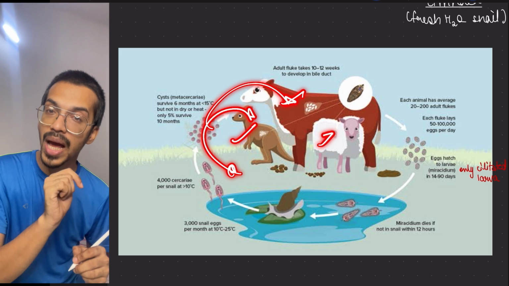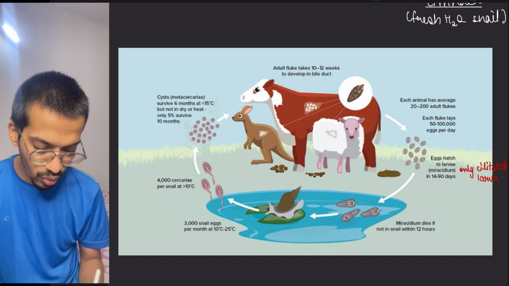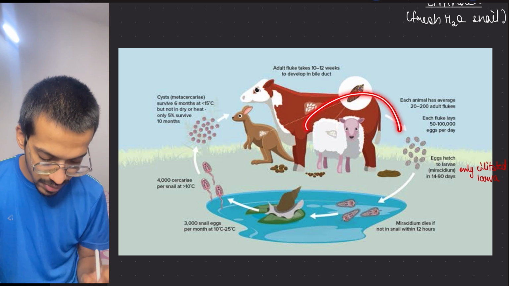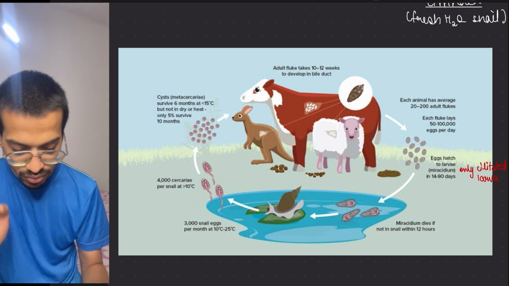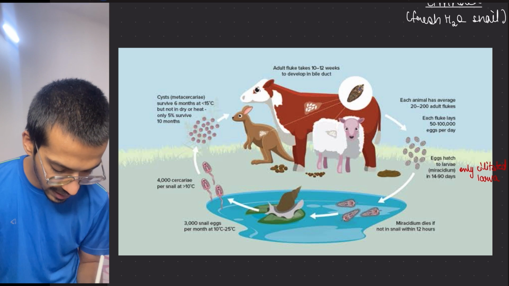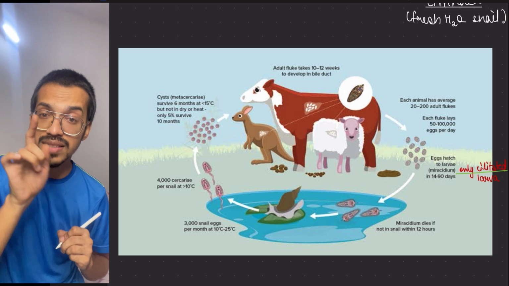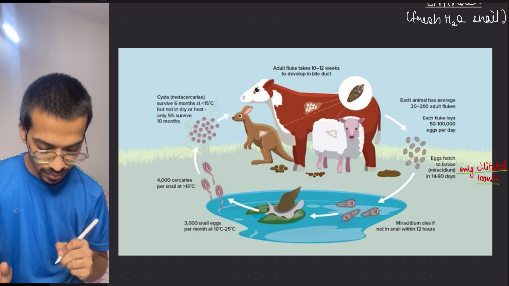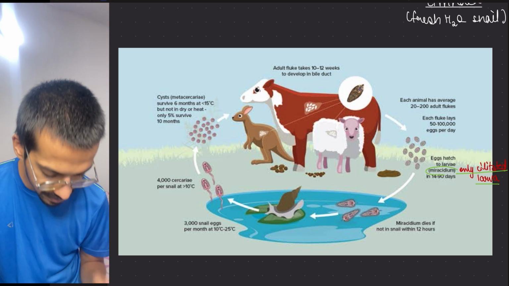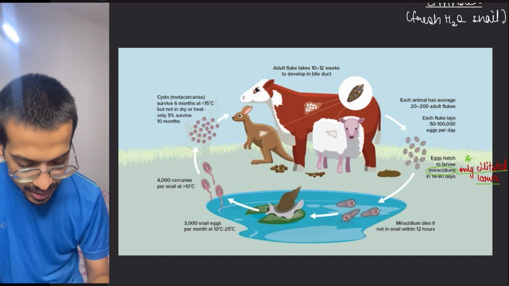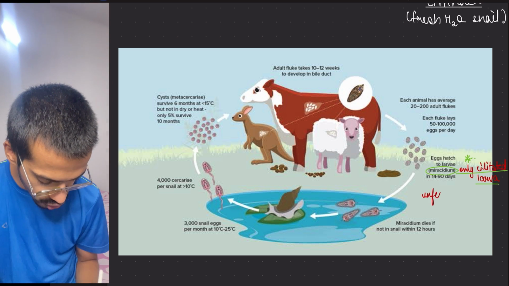Now here, what stages are there? The adult form is present here, which forms eggs. These come out in the form of larva. So this stage of the larva is the infective stage. This is the only ciliated larva, which is the infective stage of the snail, and the name of the larva is miracidium. So miracidium is the infective stage